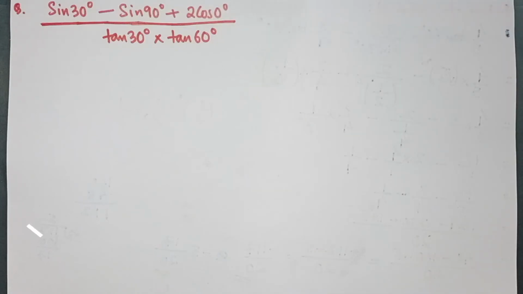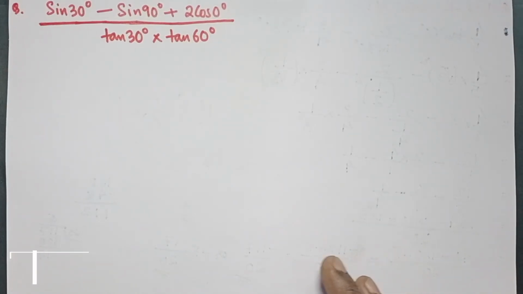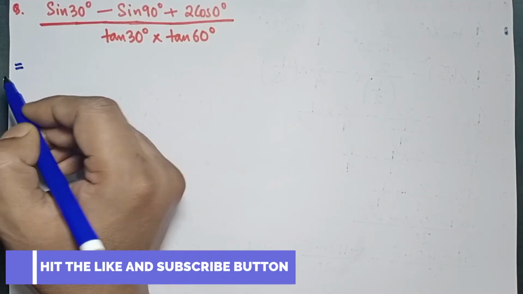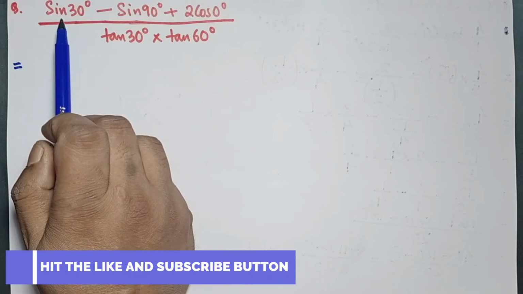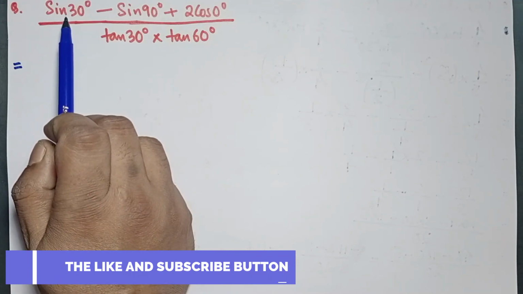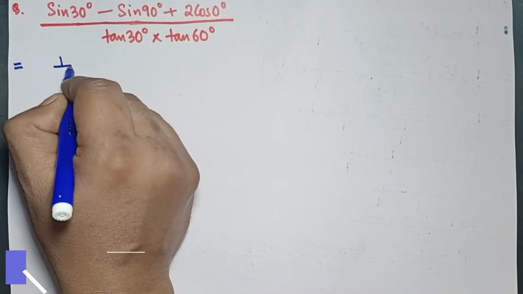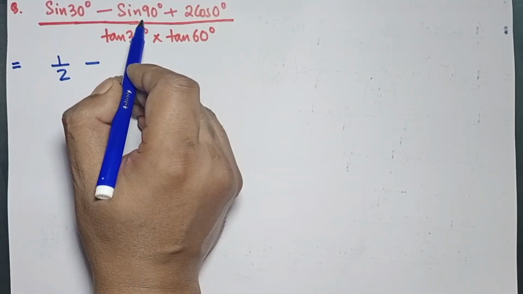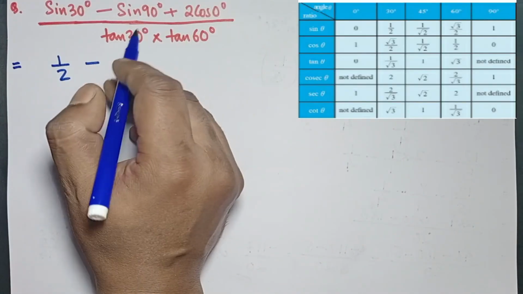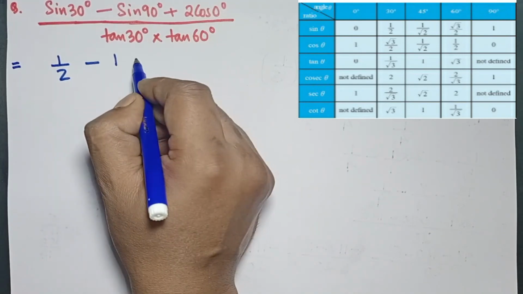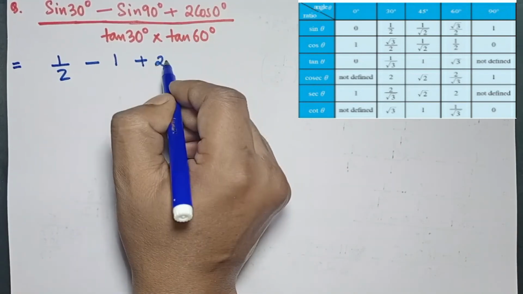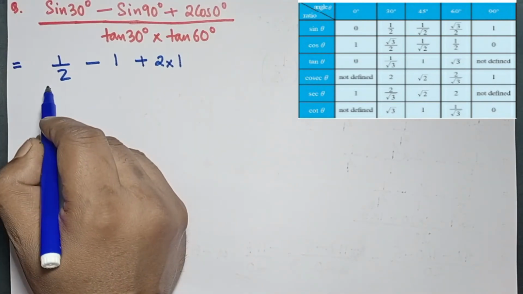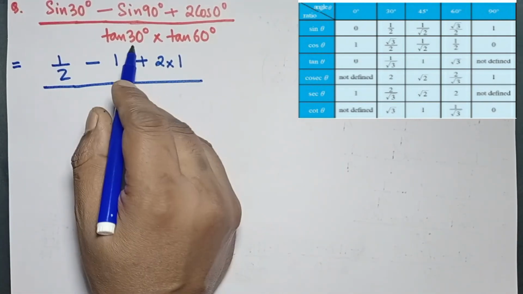So here you can see again we have a fraction, so already I have told you it's very simple. You just have to put the values and do the simplification. Okay, so first what you have is sine 30. What is the value of sine 30? It's 1 by 2, half, minus, then what you have is sine 90. What is the value of sine 90? Sine 90 value is 1, plus, now 2 cos 0. What is the value of cos 0? It is 1. Okay, so divided by